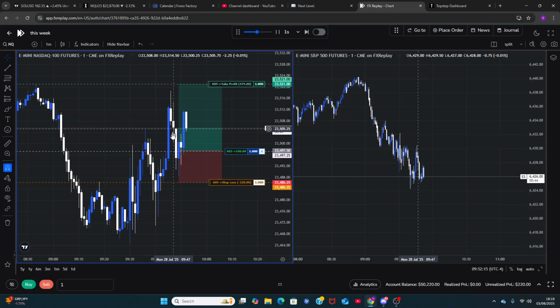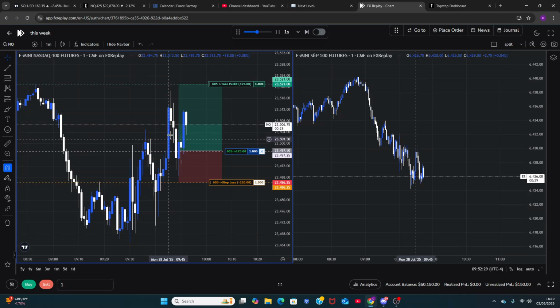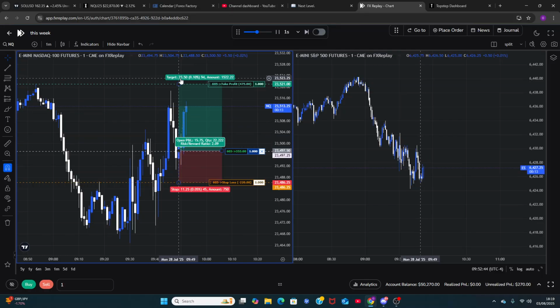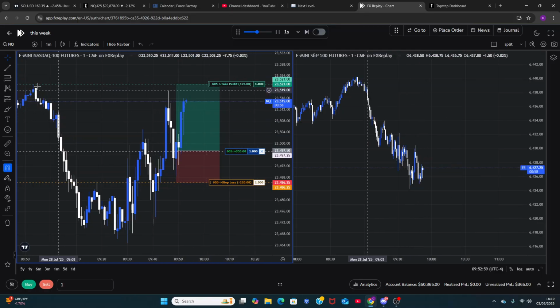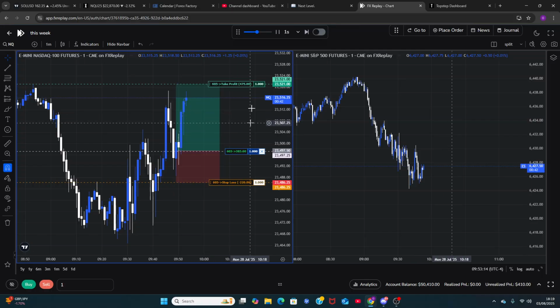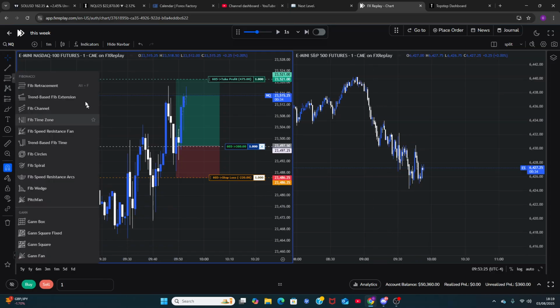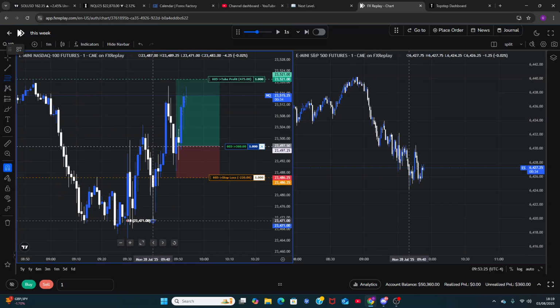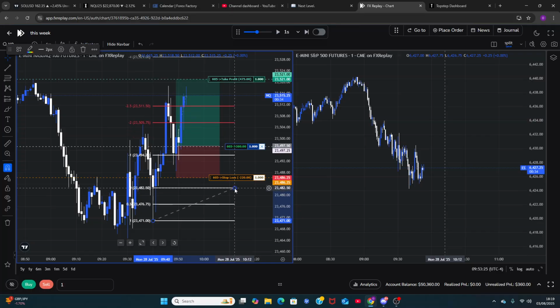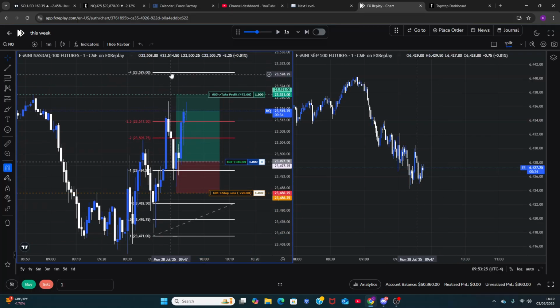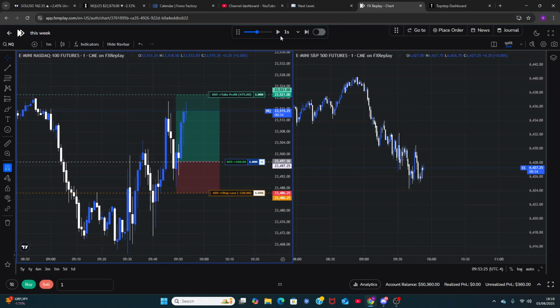All those sellers that tried to sell off this disrespect of this BISI, they all got stopped out. Initially, all you have to do is just target that high and call it a day. Now, wait, let me pause this. You can try to use a fib off a certain wick, like that. But that's pretty high up. I wouldn't do that. I'd just target the joint liquidity and call it a day.